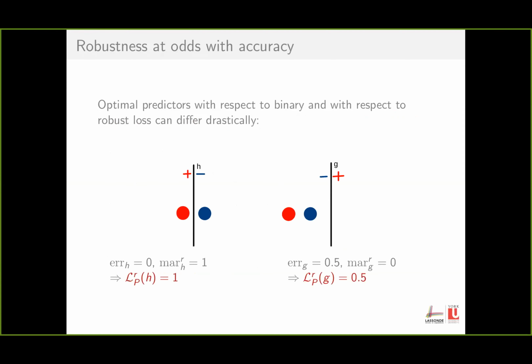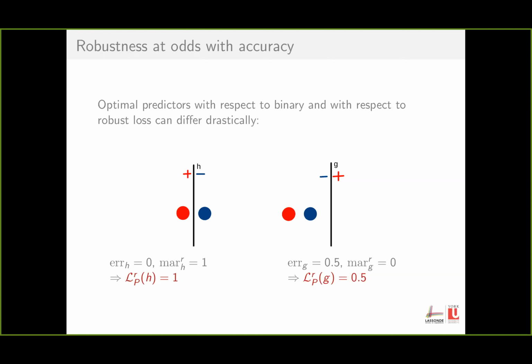Right, so why is there conflict with accuracy? This is a very simplistic example that shows this. On the left side, if we look at a very simple distribution, we have two points, so the mass is sitting in two small areas with two different labels. If a classifier classifies both areas correctly, but both areas would actually fall into the margin area, then in this case